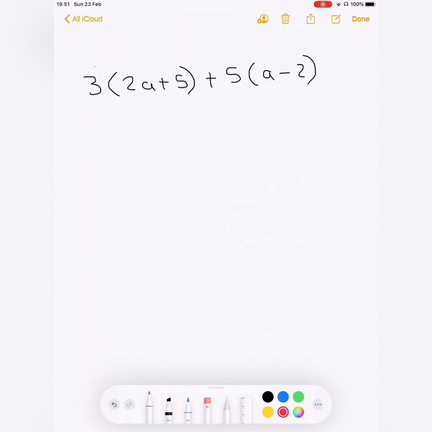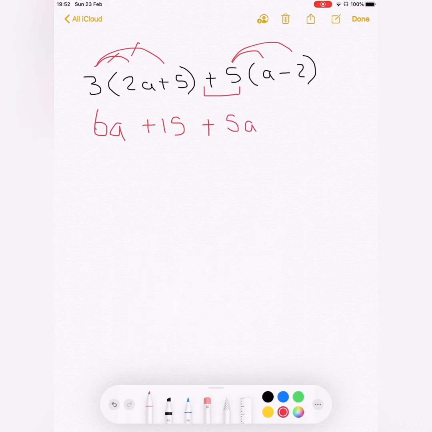So the first thing we must do is draw on our moons. Remember, along our moons, we times. So we do 3 times 2a, which is 6a, and we cross that out. 3 times 5, which is 15. We cross that out. Then we do 5 times a, which is 5a, and then 5 times minus 2, which